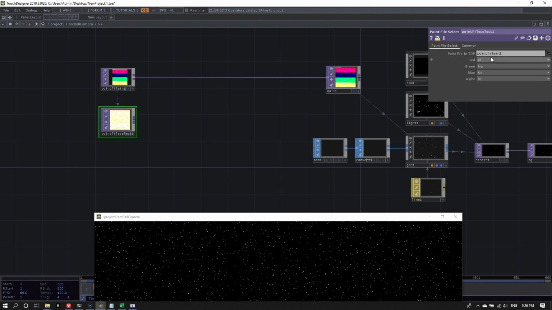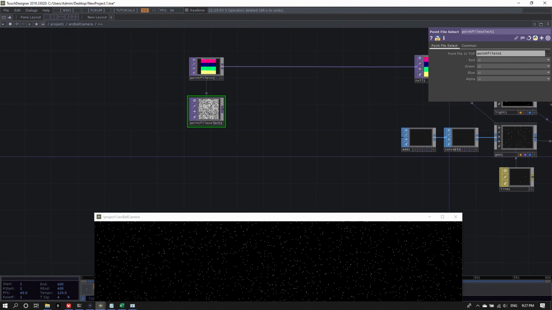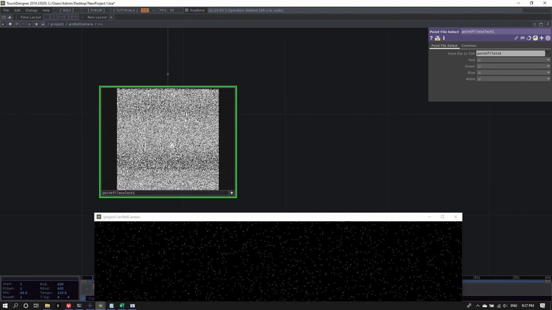And these parameters let you select columns of your file and assign them to your color channels. So I'm just going to assign the color index, the CI column of our point file, to all the color channels. And let's inspect this.